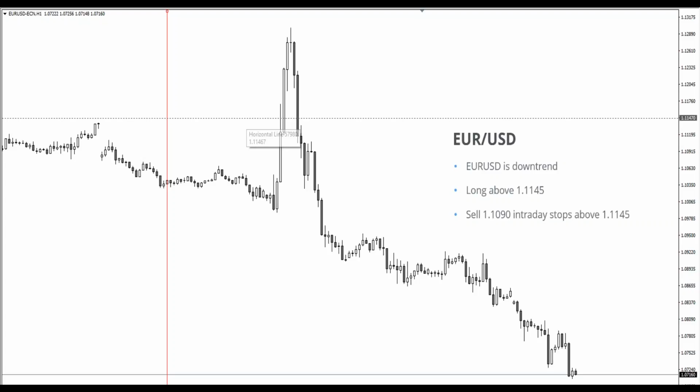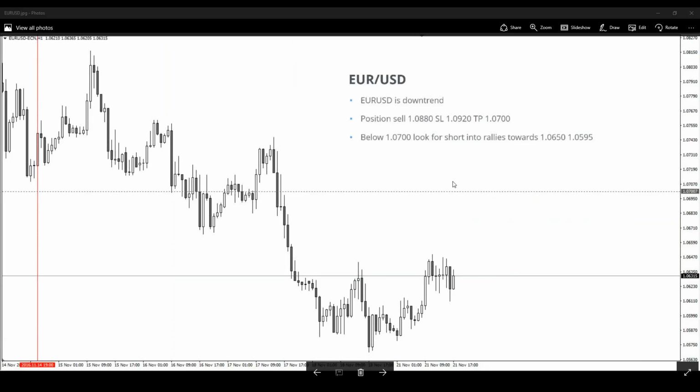And session recap 14. Okay, this is the proper screen. I will probably need to show you like this, so you can see how it actually looks. So we had a sell position. We had a sell position on euro dollar, and I told you that we could probably sell it around